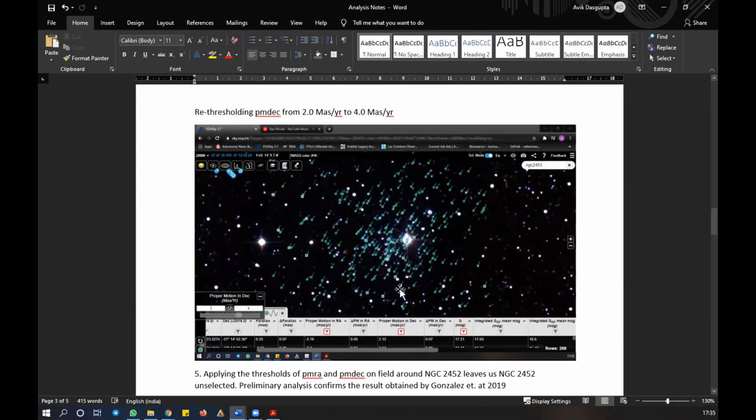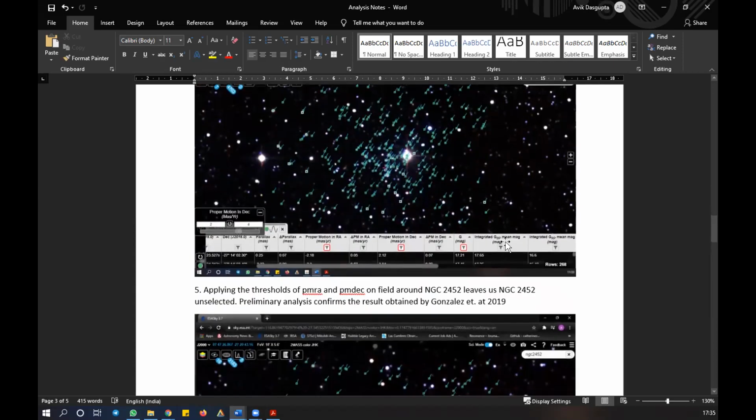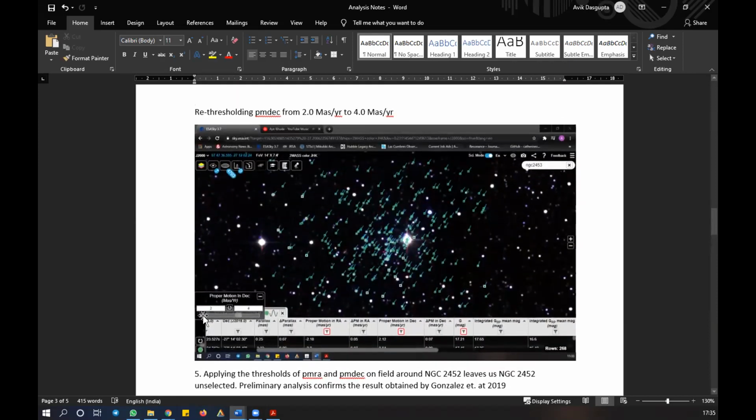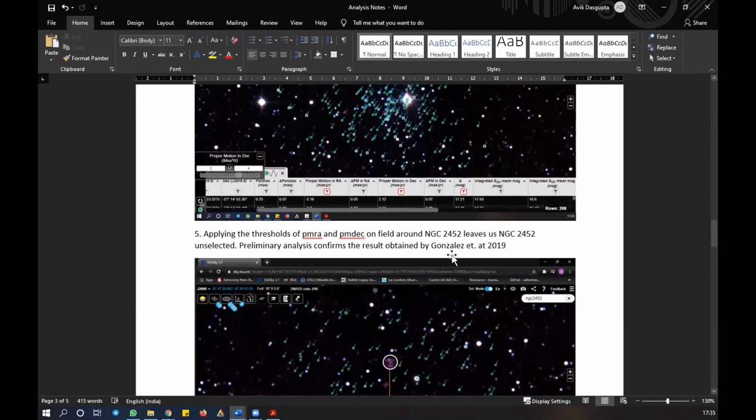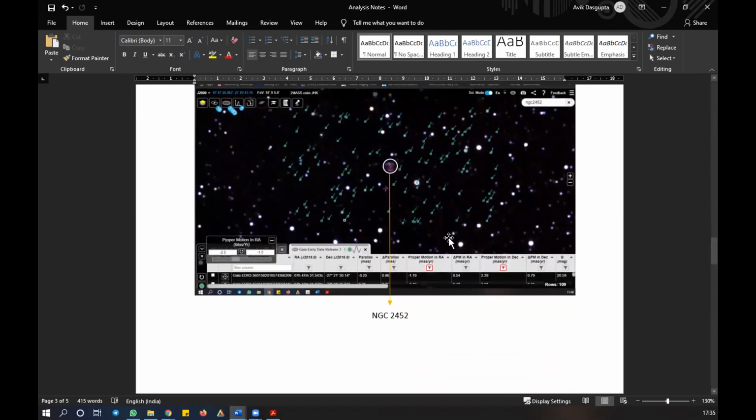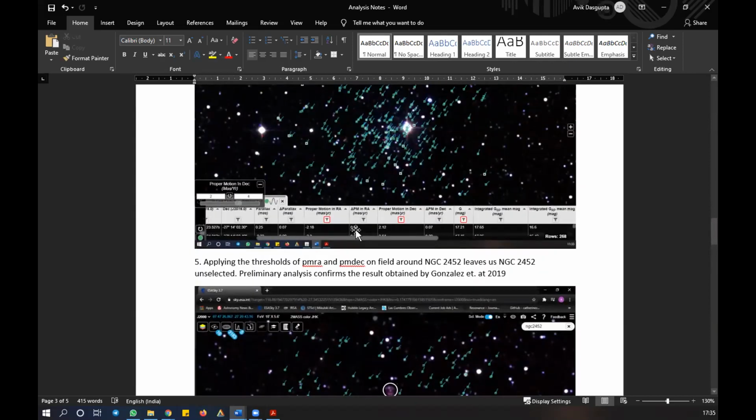So in the Topcat VO search, I took the data of the whole 9 arc minute, and I am planning to lower down all the stars which are not good using this PMRA and PM dec which I get from ESA Sky.